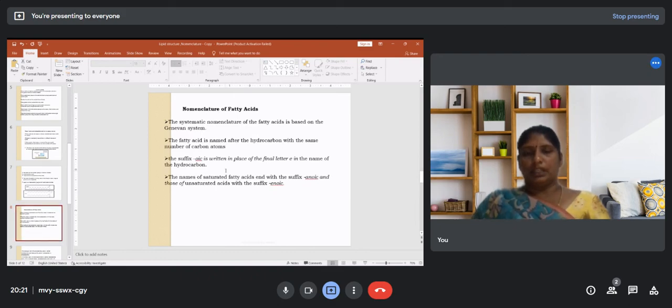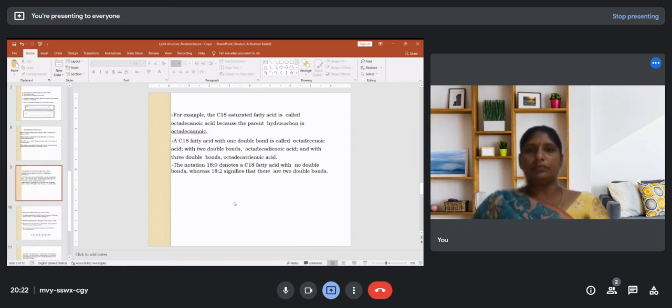Nomenclature of fatty acids. So let us see now how usually the fatty acids are named. The systematic nomenclature of the fatty acid is based on the Geneva system. The fatty acid is named after the hydrocarbon with the same number of carbon atoms. The suffix is oic. The suffix oic is written in place of the final letter e in the name of the hydrocarbon. The names of saturated fatty acids end with the suffix anoic, and unsaturated fatty acids with the suffix enoic. For example, if you